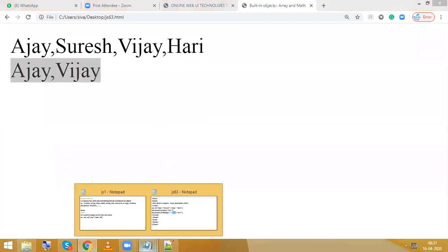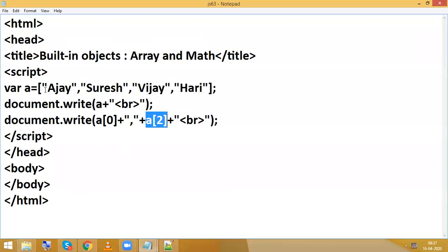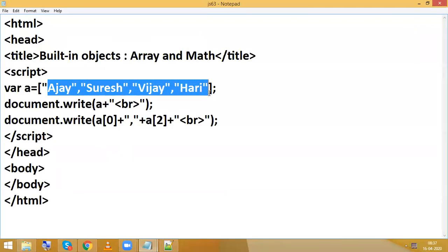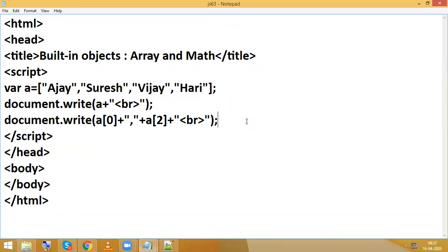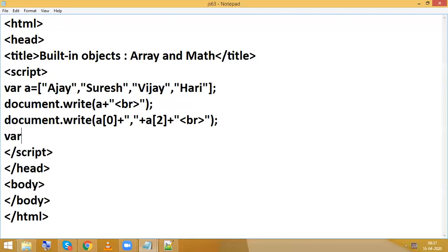So now what I want to do here is display these names randomly. So we are having the Math.random concept. With the help of Math.random, we can generate the number. So variable b equal to Math.random. If I write Math.random, it is going to generate a number between 0 and 1.